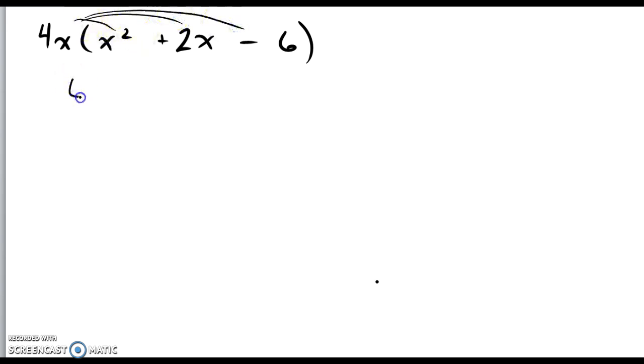Okay, so here we go. We're going to get 4x cubed plus 8x squared. And that's